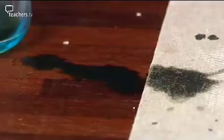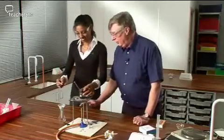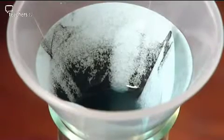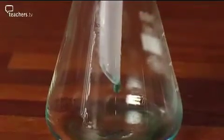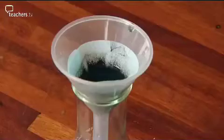Oh dear, what a mess. And now the blue solution's coming through, but all that solid goes into the filter paper and clogs all the pores in the paper, and the liquid can't find its way through. This filtration process is now taking far too long. So how would you avoid that? By not using so much solid in the first place. Right,